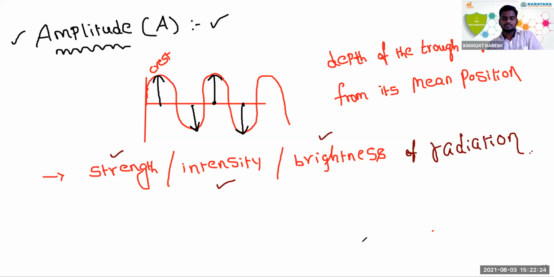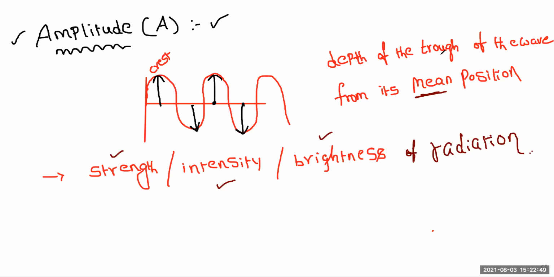Complete one? Yes, sir. What is amplitude, Bhavana? The height of the crest or depth of the trough of the wave from its mean position is called amplitude. Very good. What is the importance of amplitude? What can it determine? Strength, intensity, and brightness. Next,